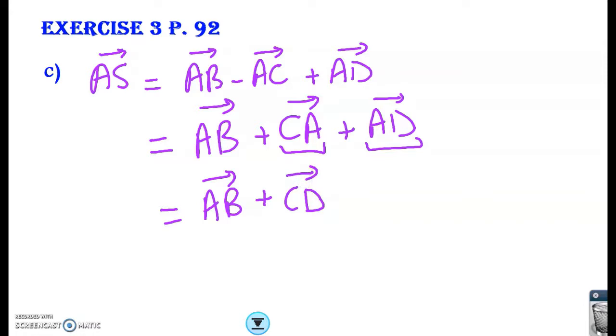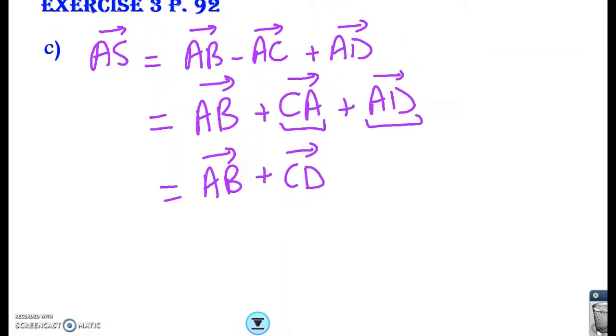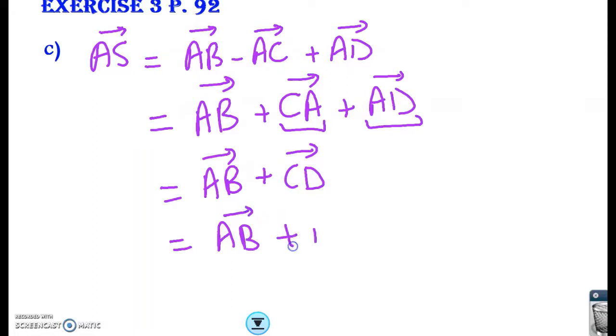Now notice here I cannot simplify any further, and A and C are different points, so the two vectors AB and CD do not start from the same origin. If they start from the same origin, I can use the parallelogram rule. If the ending point is the starting point of the second, I can use the sum of two consecutive vectors, or Chasles's relation. So what can we do in this case? We can create a point. So I can create a point, let's say F, so AB plus BF,